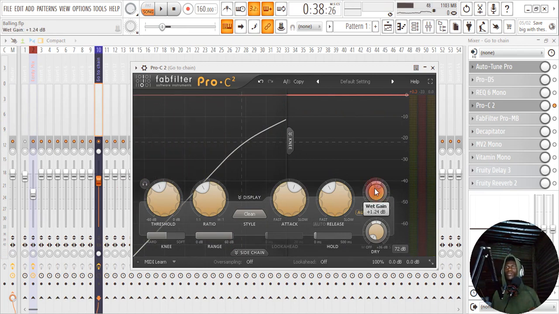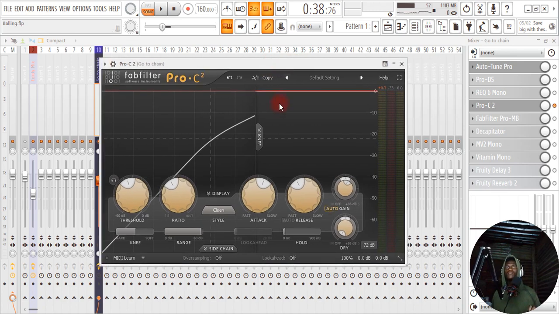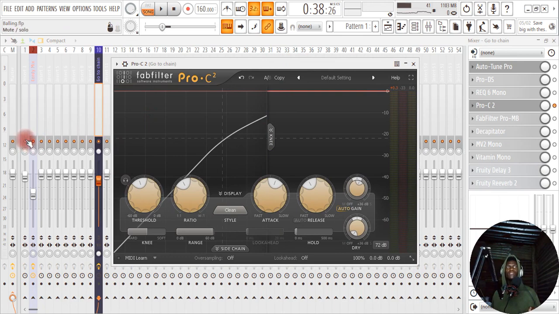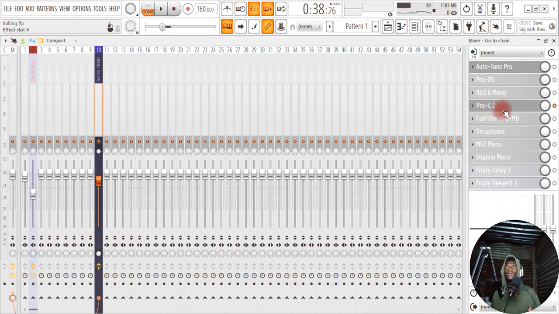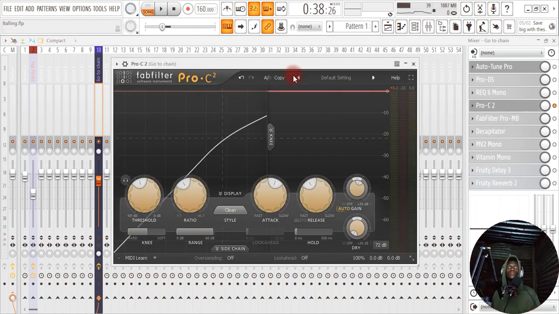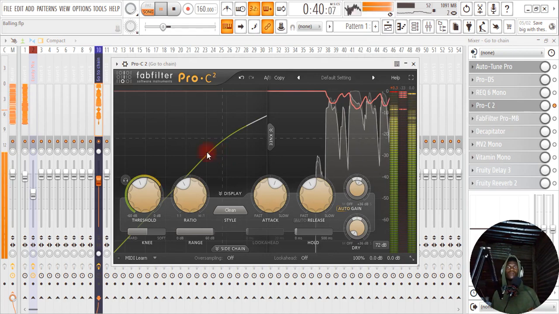And then this affects your gain, so you need to work on your gain. Your gain is your volume. You need to be able to turn it up and down. Right now I'm just teaching you about this compressor, which is why my beat is not playing. But usually when you're working with your vocal, it is a competitor to your beat, so you need to mix it